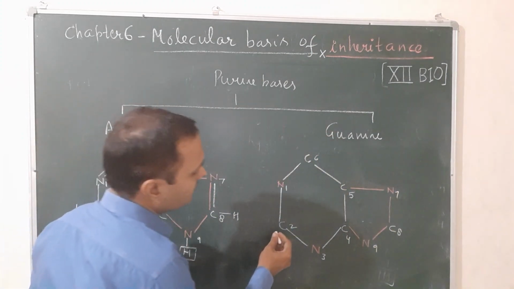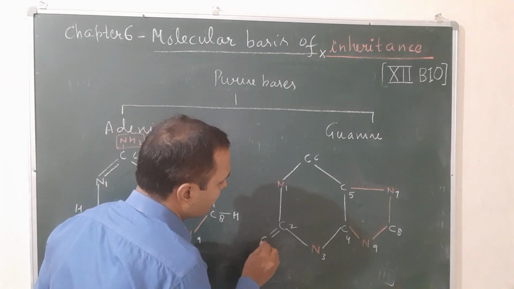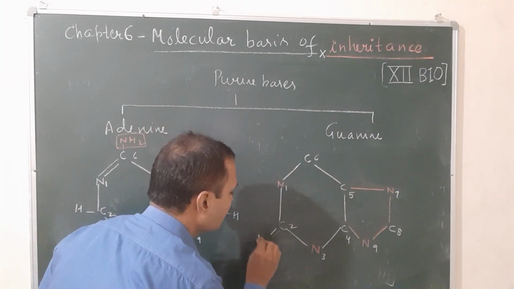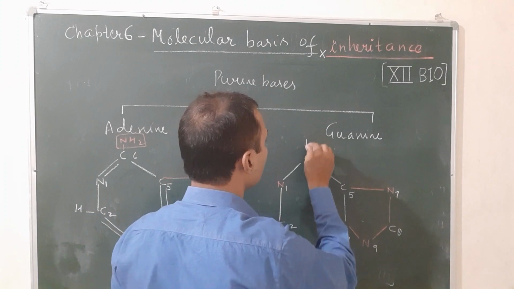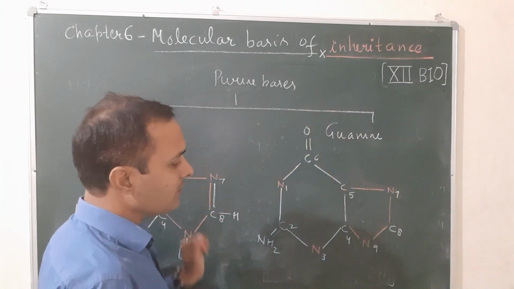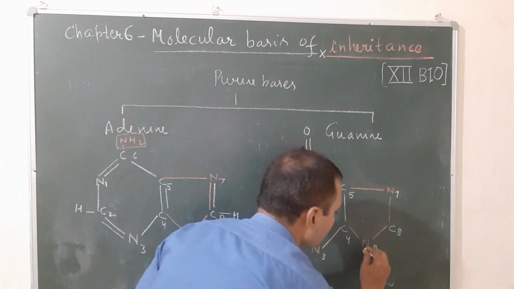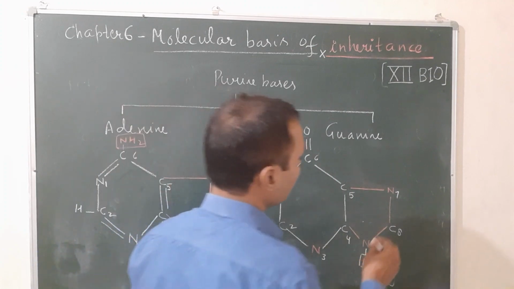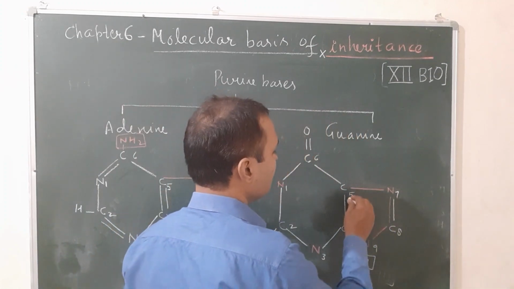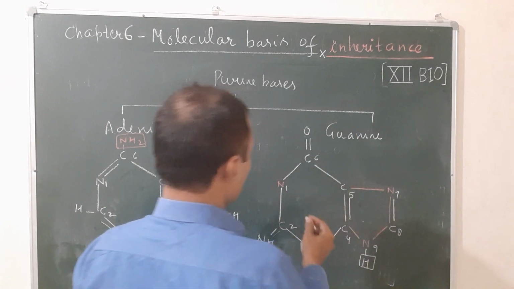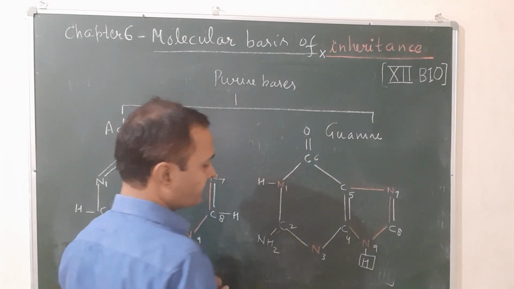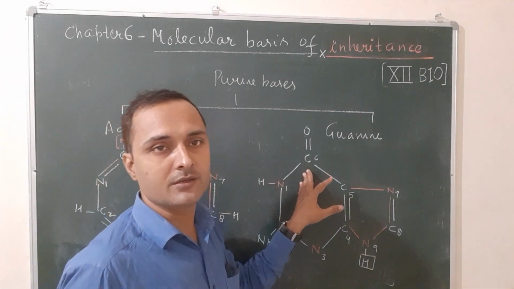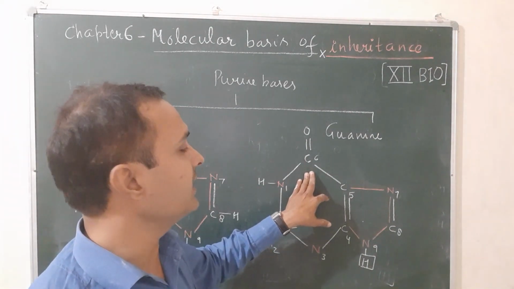For guanine, you will put here C2 is equal to NH2 and C6 is equal to O, oxygen. The remaining you will balance. You know in case of purine base, there is 1 free hydrogen at position 9. The remaining will balance. So there will be a double bond. Okay, here also a double bond. In this case, one hydrogen is there. Okay, what is the other name of guanine? So 2-amino 6-oxypurine. Okay, it is found in both DNA and RNA.